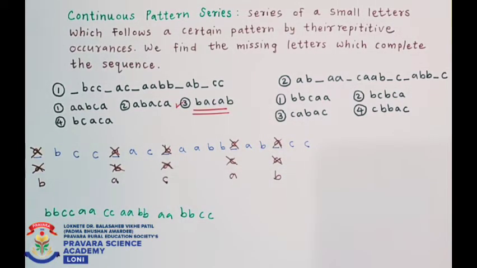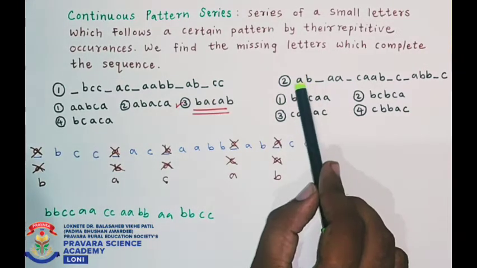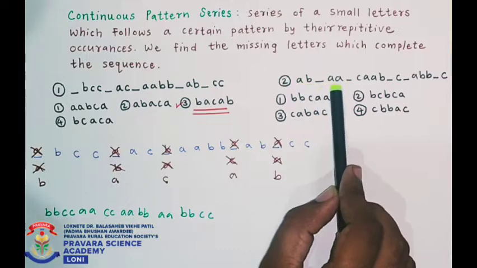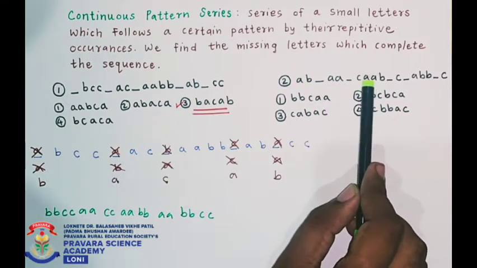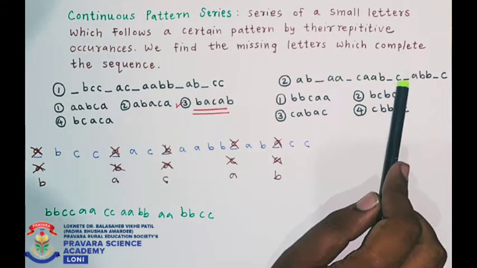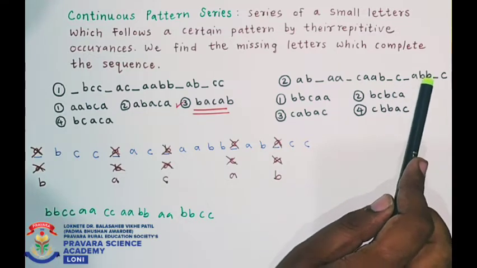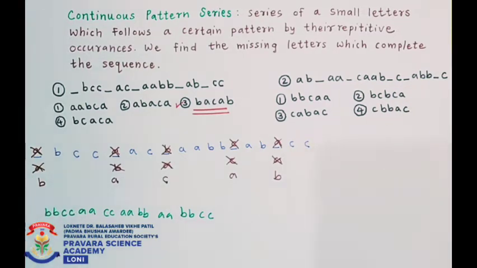So as you can see, the correct way of finding the answer is to try every alternative, but it should be quick. Now we'll go for the second problem. Here you can see the sequence is given: A, B, blank space, AA, blank space, CAAB, blank space, C, blank space, ABB, blank space, C. So again what we'll do,